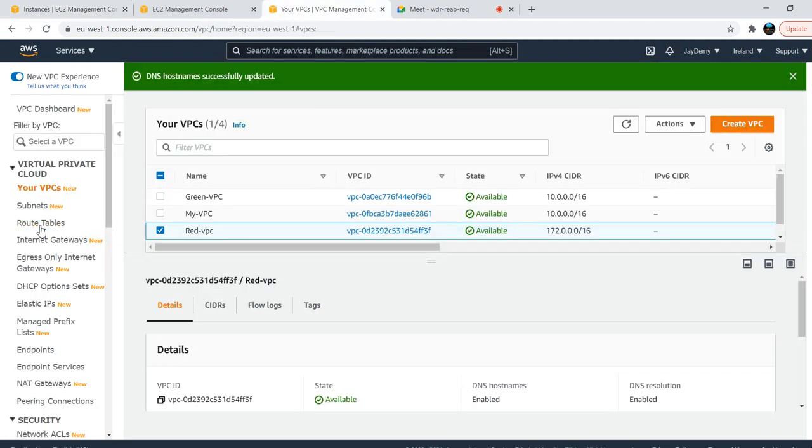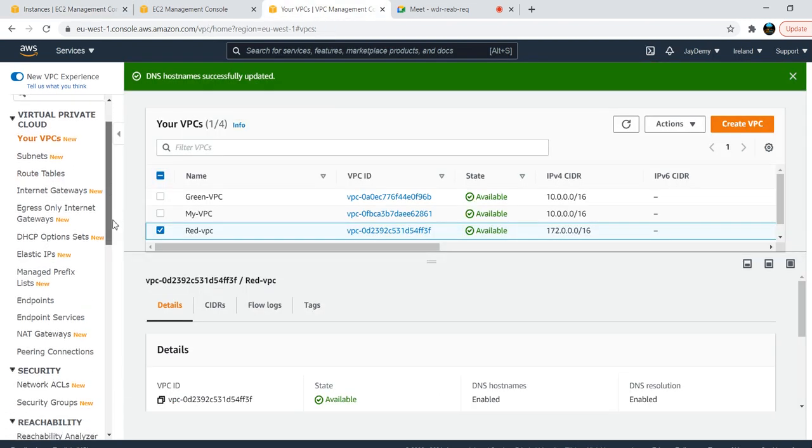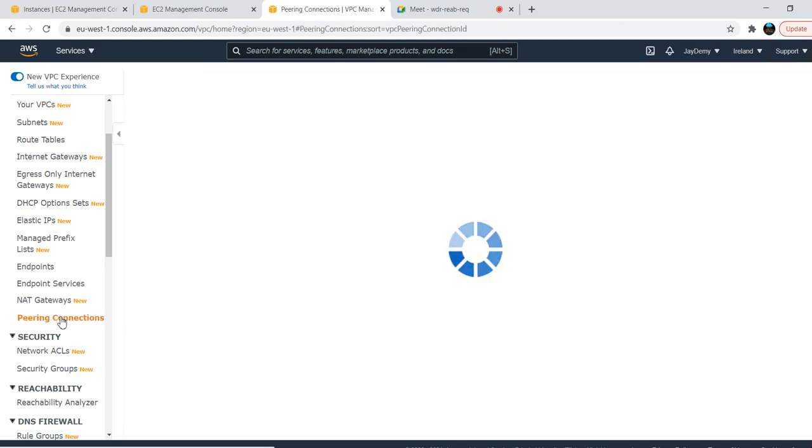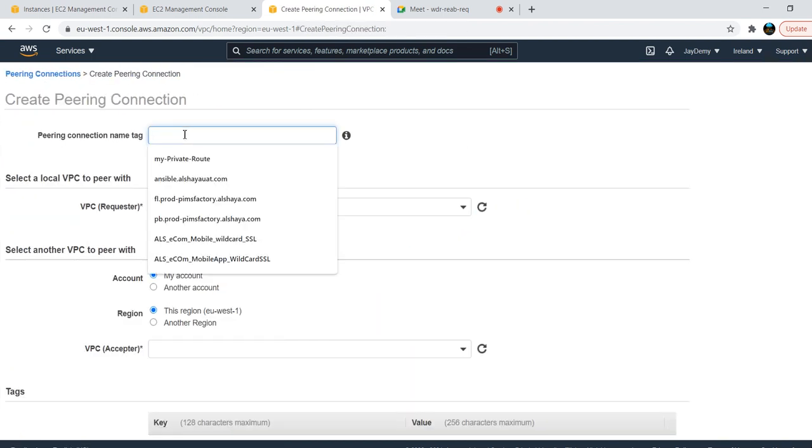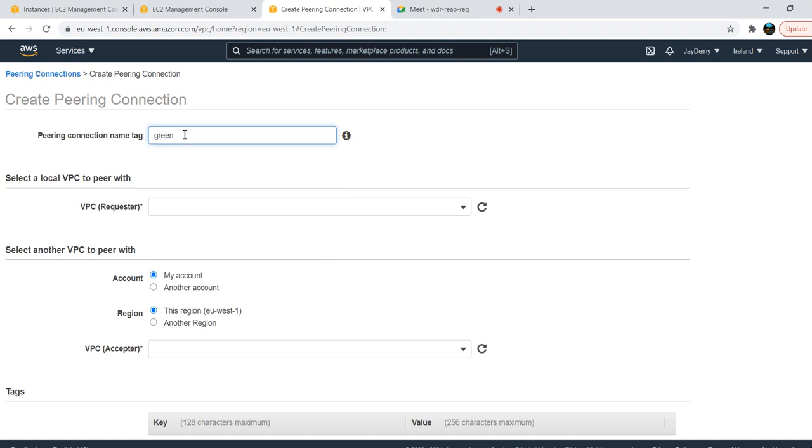What is our agenda? We need to create a peering connection. Navigate down here and click on peering connections, then create peering connection. Give it a name, green to red. For the VPC requester, who is the requester?